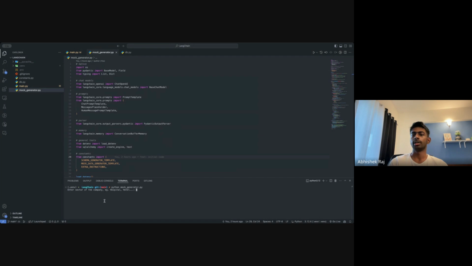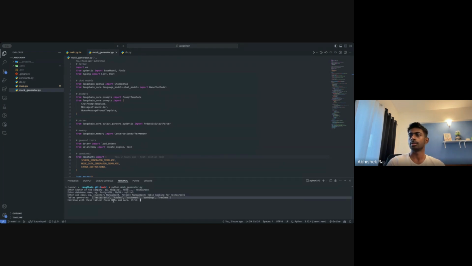Suppose I want to generate data for the restaurants sector, and our database will be SQLite, because it is very easy to test with. It will check with the LLM what things the user wants to generate tables for.